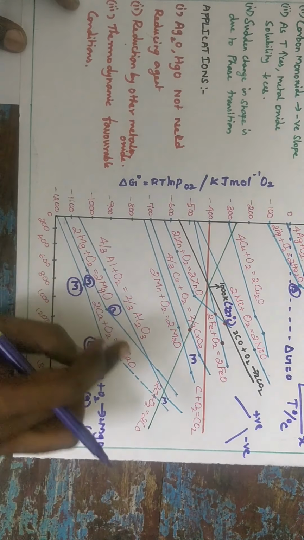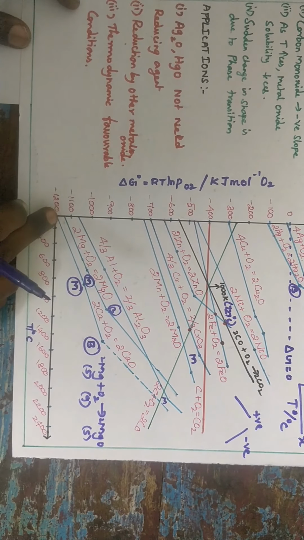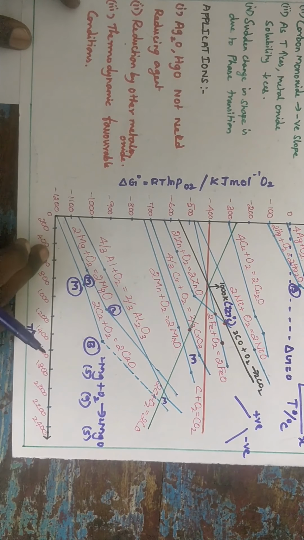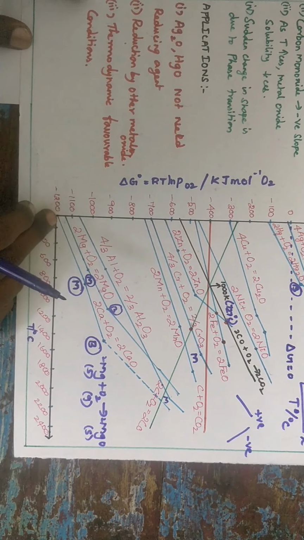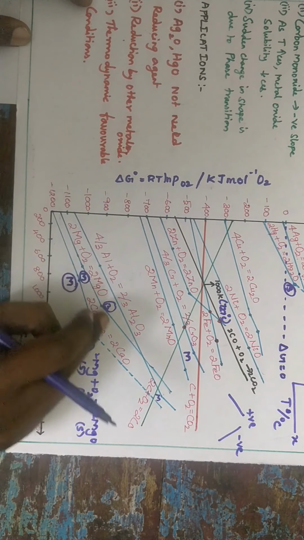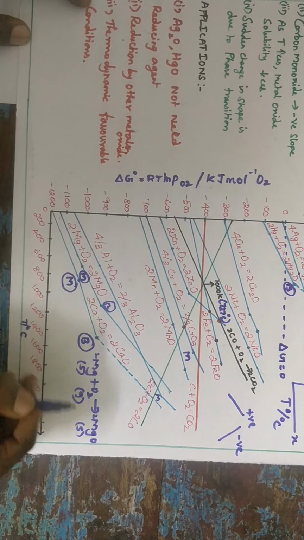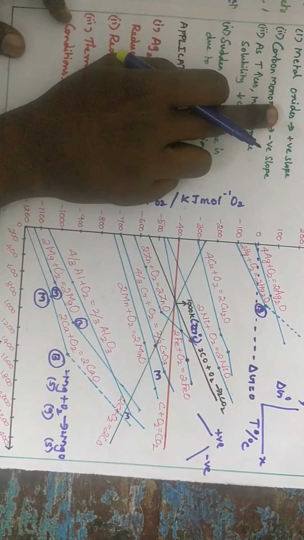So once entropy decreases, automatically the delta G value also increases. You see the plot, delta G begins at 0 degrees at about 1150 or something. As the temperature goes on increasing, the delta G naught value you see is always changing. The graph is increasing, but the delta G naught value is decreasing. That's why we get a positive slope for metal oxides.